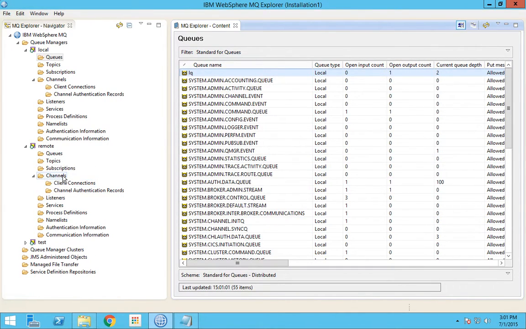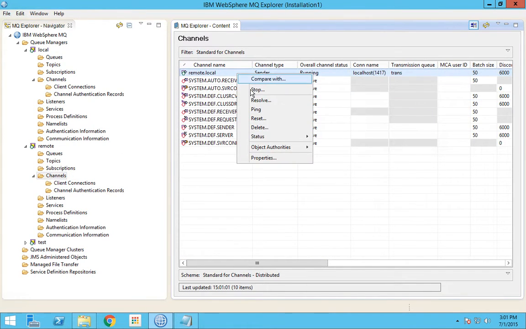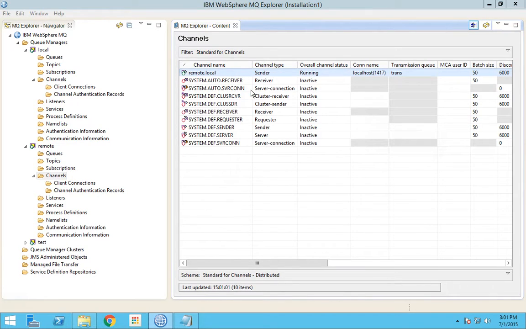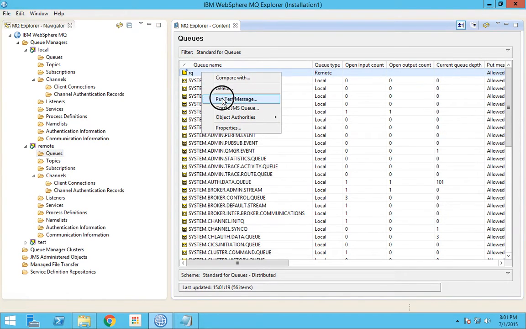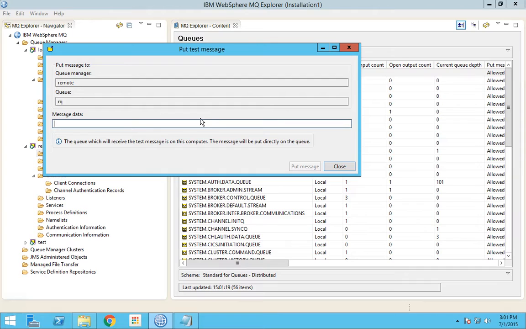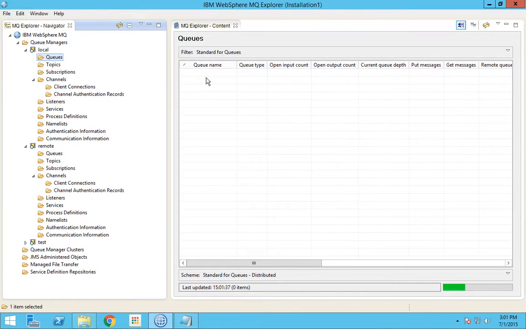And if we had this channel stopped, and we post some messages to this remote queue definition, the data I put will not go to the queue called LQ in the local queue manager.